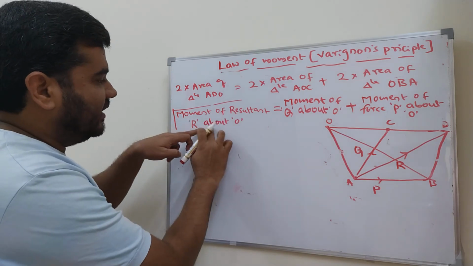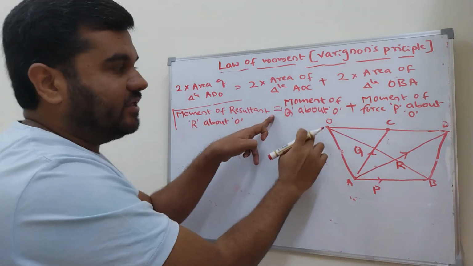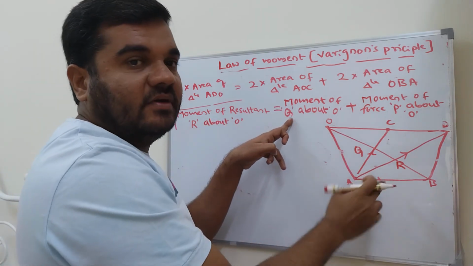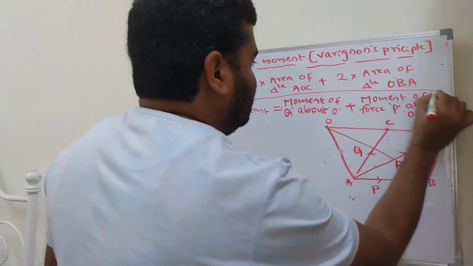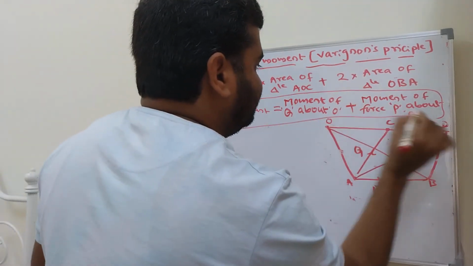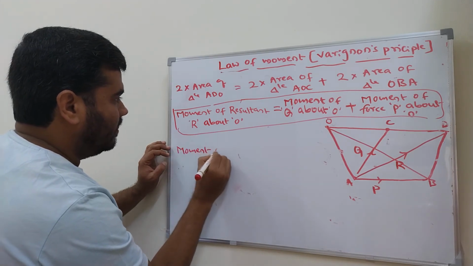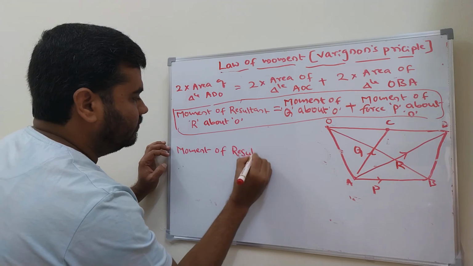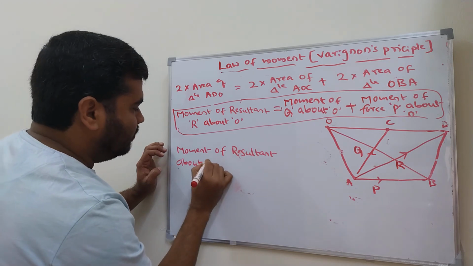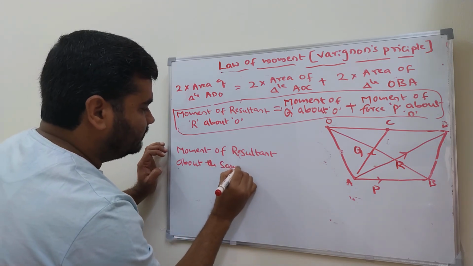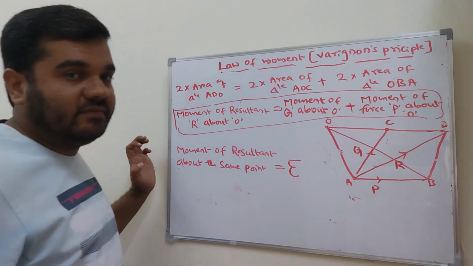That is, the moment of the resultant R about any point is equal to the summation of the moments of the forces about the same point. This is one of the derivations. I can write this also: the moment of the resultant about any point, about the same point, is equal to the summation, that is the algebraic sum, of